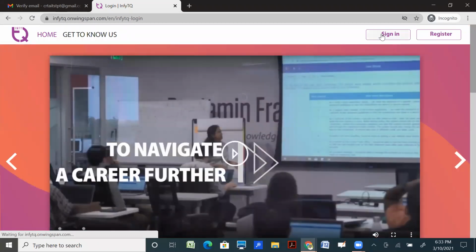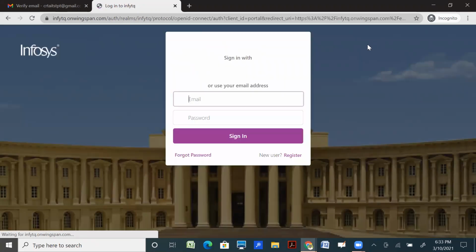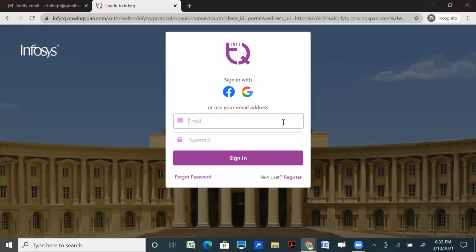Then click on sign in. As the registration process is done, enter your email address, enter your password, then click sign in.